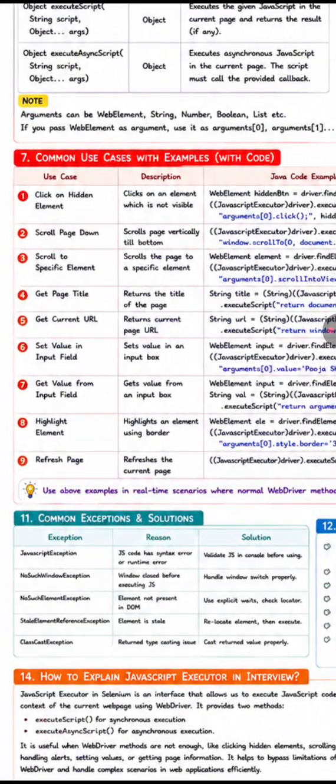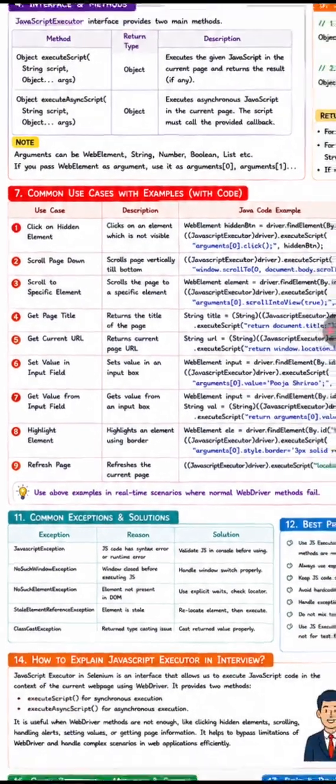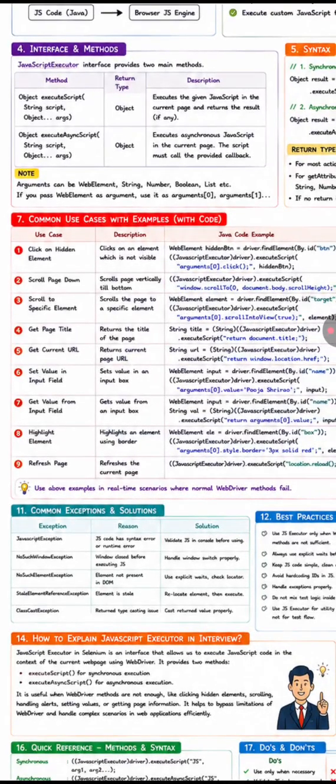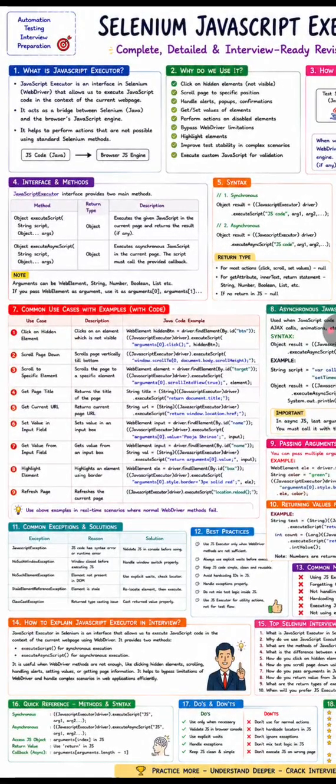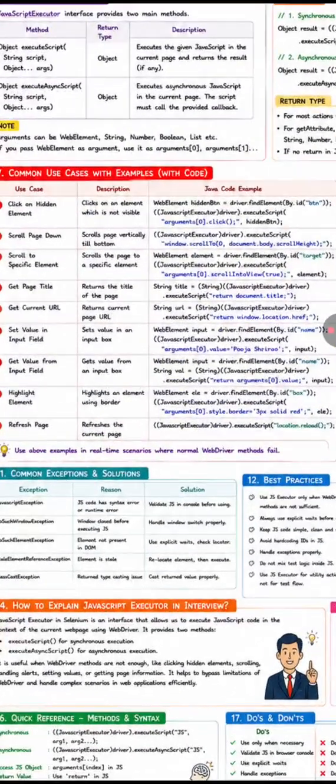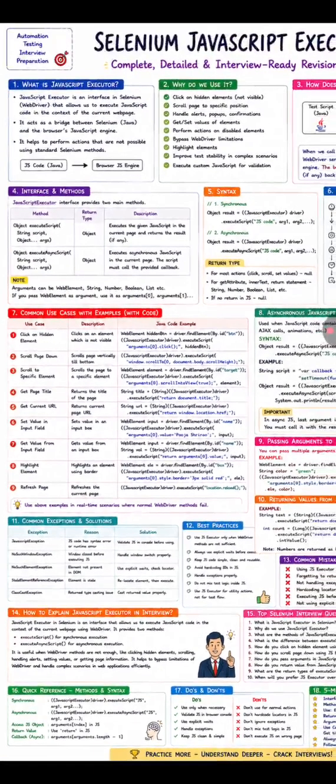Then there is a third situation when we have to scroll to a specific element. Then we have to get the page title, get the current URL, set values, get values of an input field, highlight an element, and refresh the page. So we can use the above examples in real-time scenarios where normal WebDriver performs